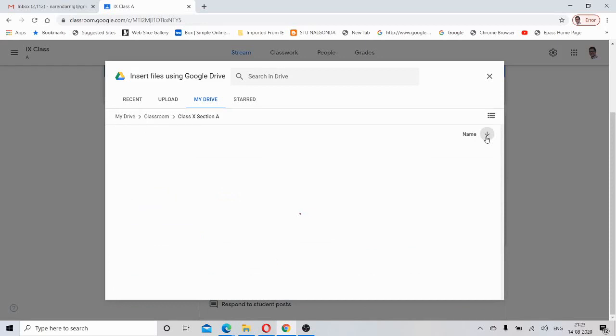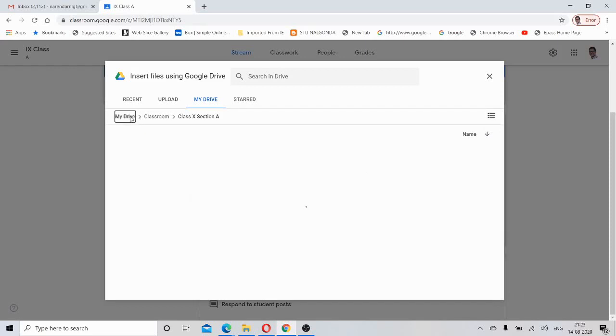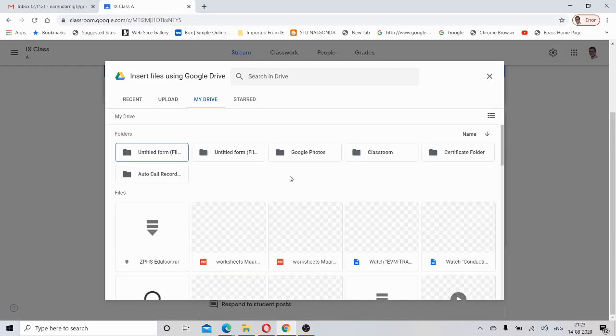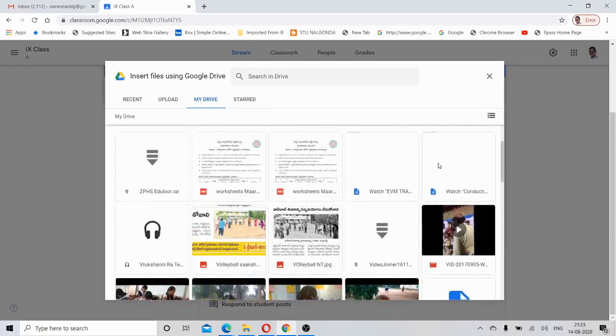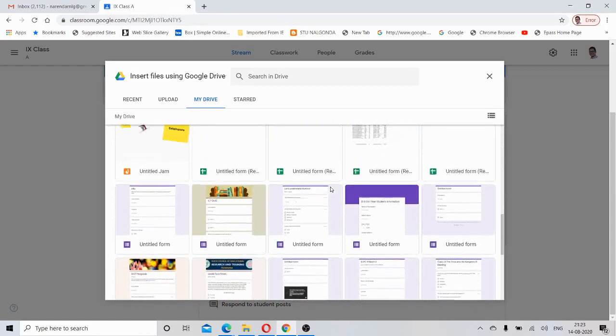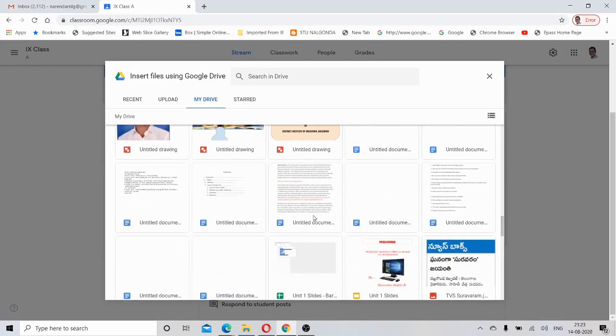Let me go back. Let me see if there is any other material. Yeah, here I could find some material. So these are the Google documents, some of the documents which I have prepared earlier.